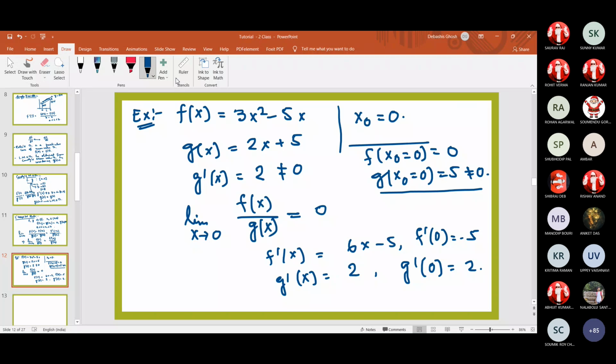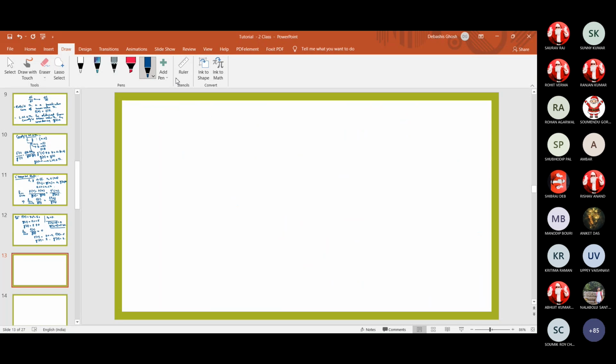One more good consequence of Lagrange's mean value theorem, as you know, is that by applying the differentiation we are actually doing the linear approximation of the function at a particular point, because we are approximating by a tangent. So that helps us to find the root of that equation. Lagrange's mean value theorem also helps us find the root of the equation. Maybe later on you will study this; that is called the Newton iterative method to find the root by approximation.